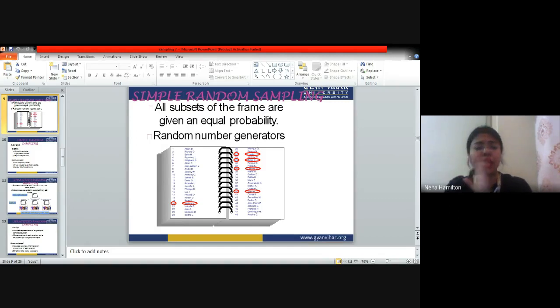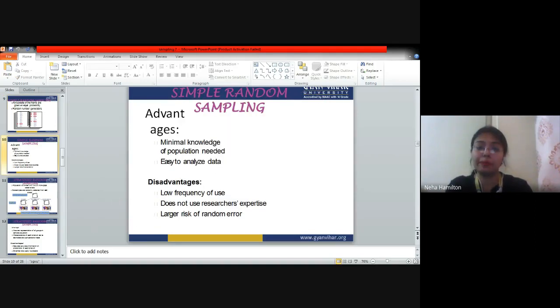Okay, without any criteria, without any basis, when you take your sample from the population, that is called simple random sampling. Now, what are the advantages of simple random sampling? The first is minimal knowledge of population is needed and easy to analyze data. See, wherever you are randomly selected the